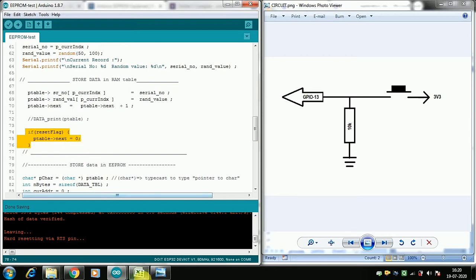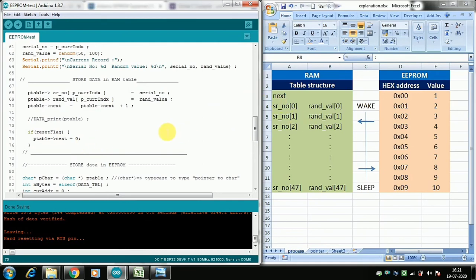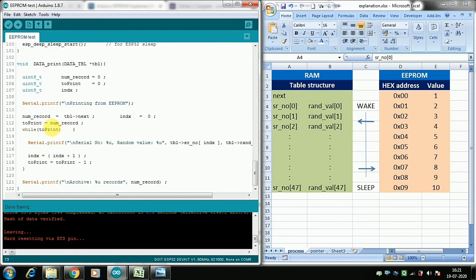So practically, all the data are there only. No data is deleted from there, but because we set the next to 0, it starts writing from 0 again. And when we print, while printing in this data print function, we have given number of records equal to table next.